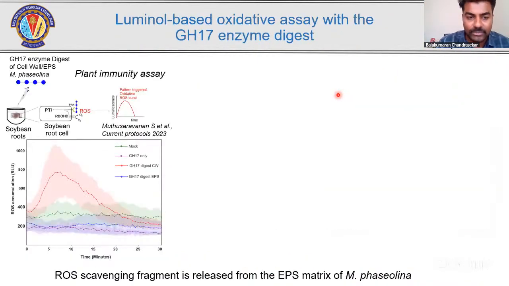So what is the role of this particular enzyme? We purified this enzyme and treated it with the cell wall. We were able to see a huge burst. That is, the cell wall, or the fragments released from the cell wall, is able to make a huge burst, whereas the fragment from the EPS matrix is not able to do the